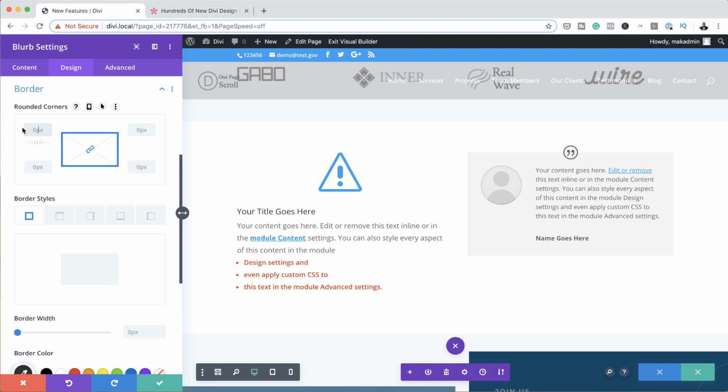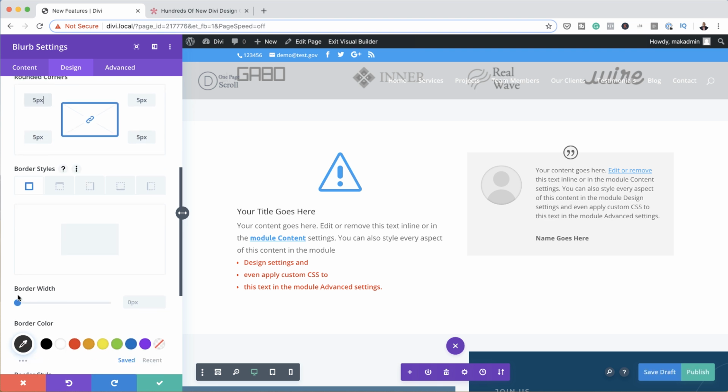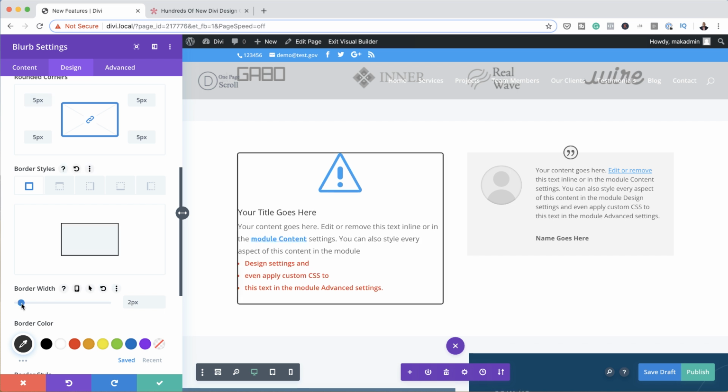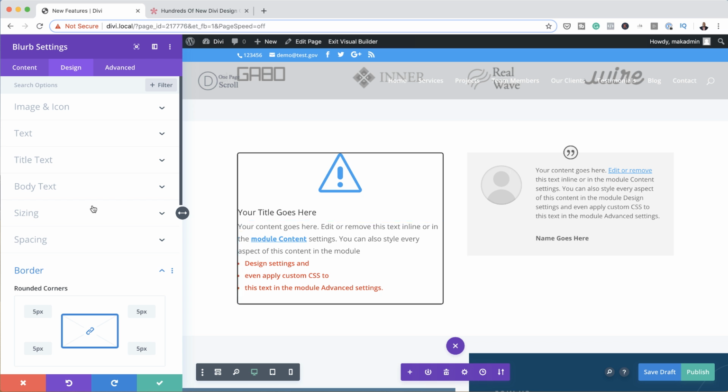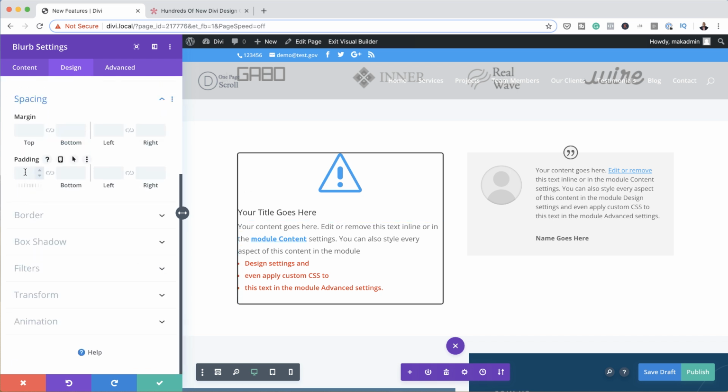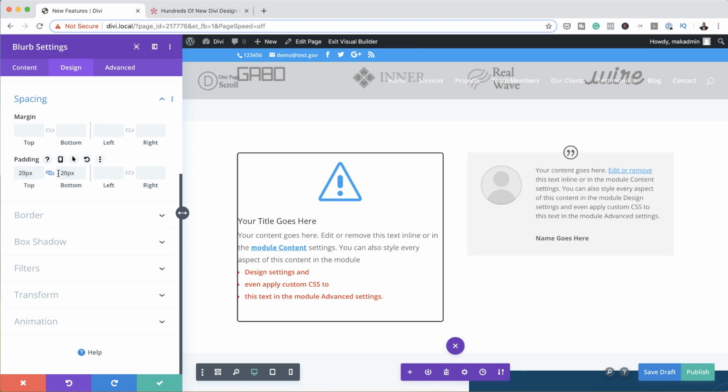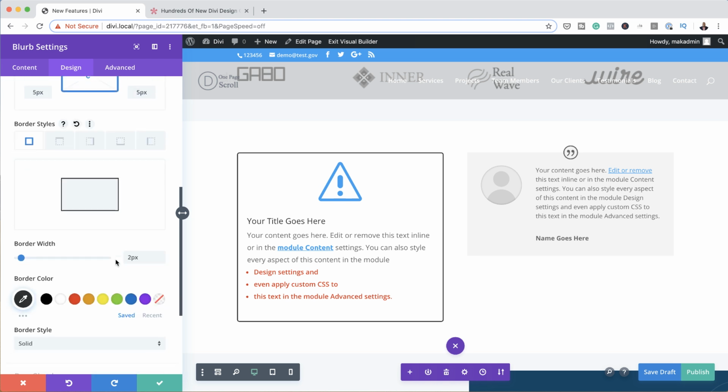It's going to be, let's say, 5 pixels. I'm going to add a border width. And let's add some padding to that. So I'm going to come over here to padding and let's add 20 all around. Right. So now with this, if I come over here